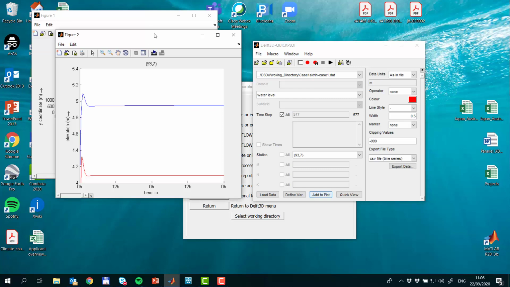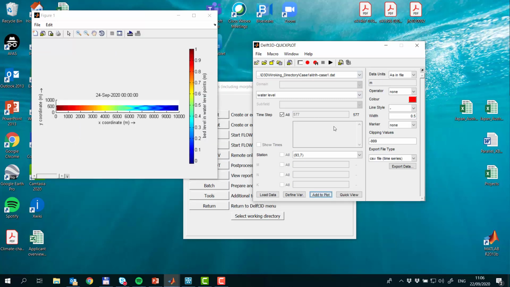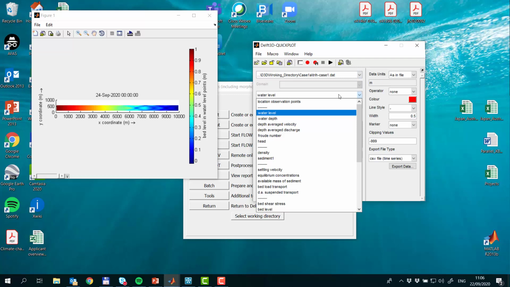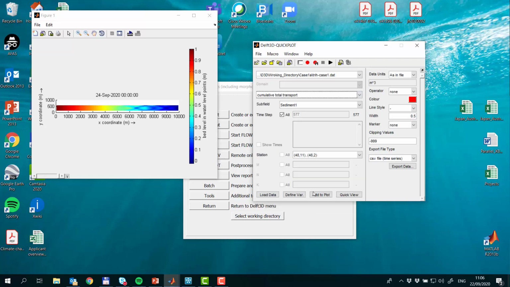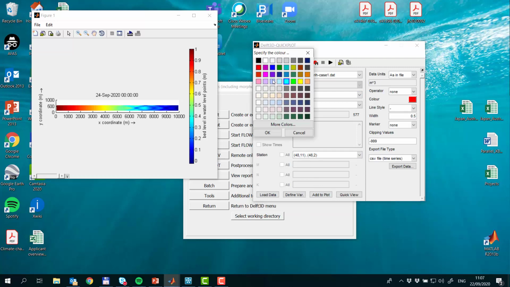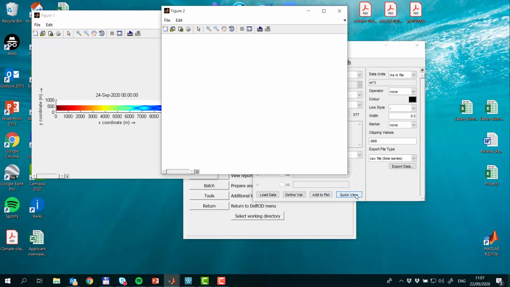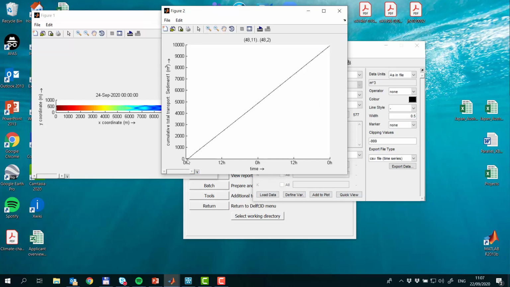One of the other interesting things that we can see in the history file is the amount of sediment that passes through the cross-section that I put in the model. If you remember, I put a cross-section in the middle of the model. If I choose the cumulative total transport, then I have only one cross-section, and I change it to black. It shows that sediment passes one way in this canal, understandably, and in total during this simulation time, about 10,000 cubic meters of sediment has passed through the model. Again, a reminder that our hydrodynamic time was 2 days, but with the morphological factor, we practically run it for 500 days,